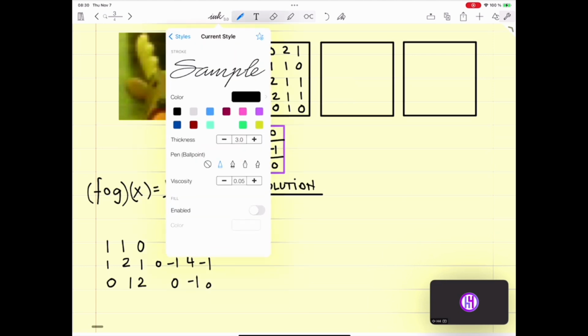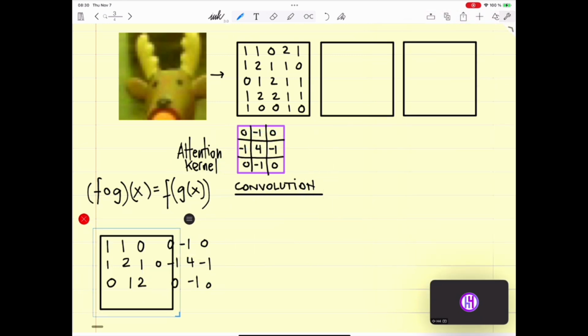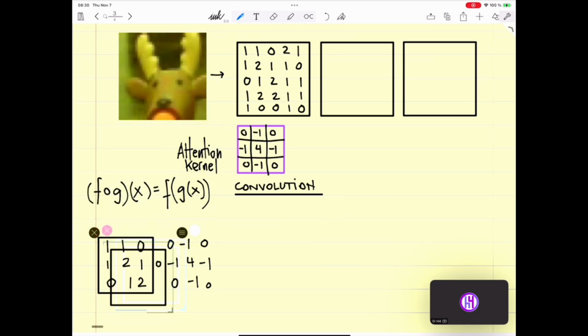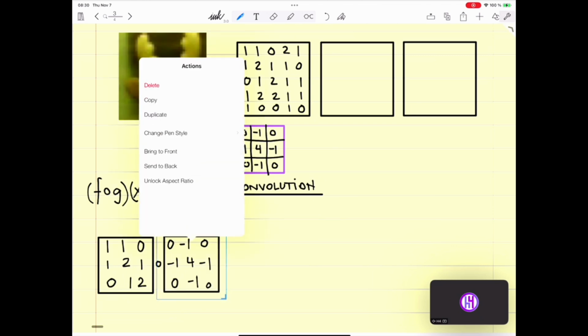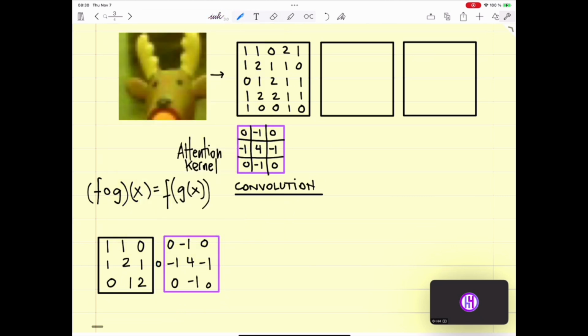So as I said, this is our first element of the convolution, and then this is our second, just a filter. And the convolution delivers a value which is 1 times 0, 1 times 0, it's a dot multiplication,